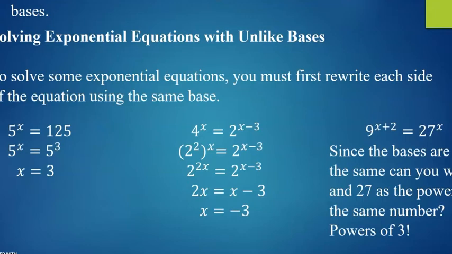Okay, as well as this example, 9 to the power of x plus 2 is equal to 27 to the x exponent. First of all, as you can see, the 9 and 27 are not the same, but we can simplify. How can we simplify? 9 is just 3 to the second power. So, this 27